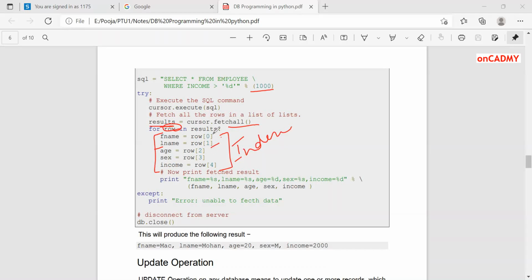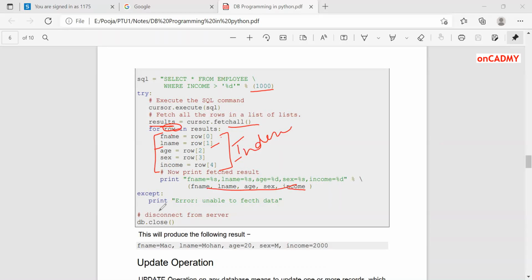We can get the data by putting these indexes one by one for each column. And after that, we'll print it on our system by using this command. fname is equal to %s, lname %s, age, sex, income, etc., where data has been inserted into these variables, and we can fetch them and print the result.